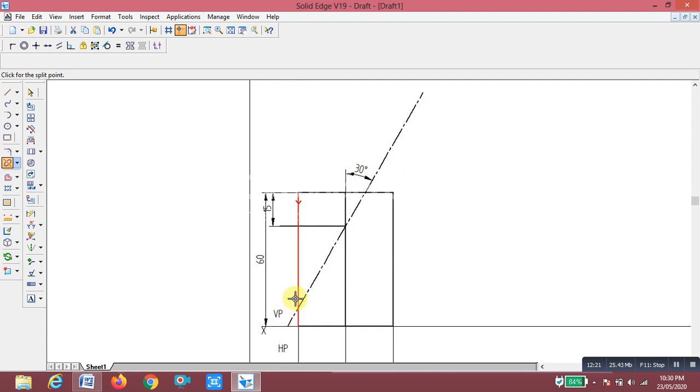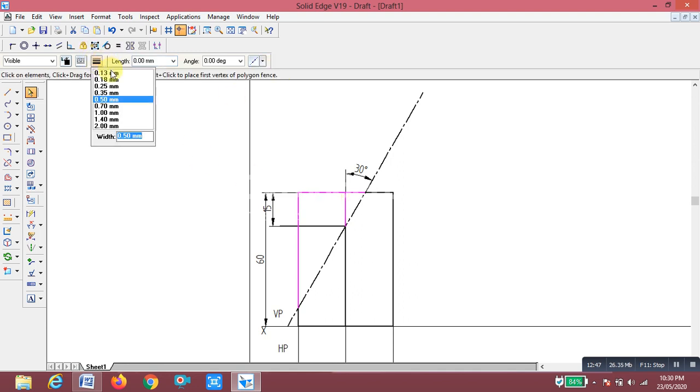Similarly, this line you have to split at this point, this edge at this point. Then select this line and this line and make them thin lines, 0.13. Okay, this is the retained portion.